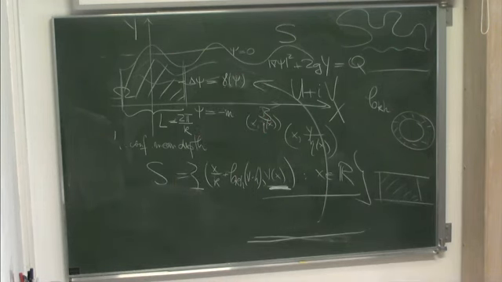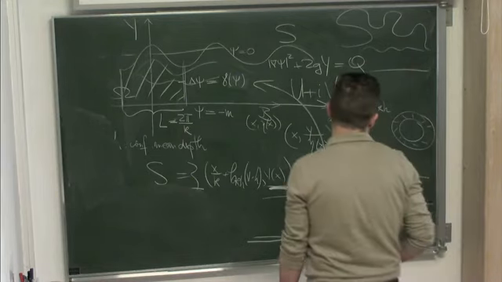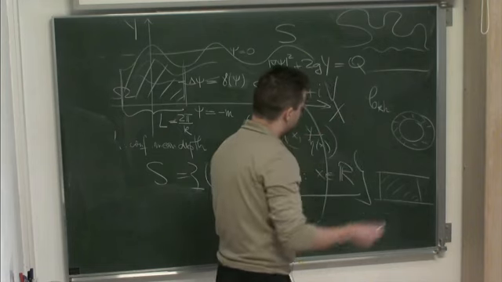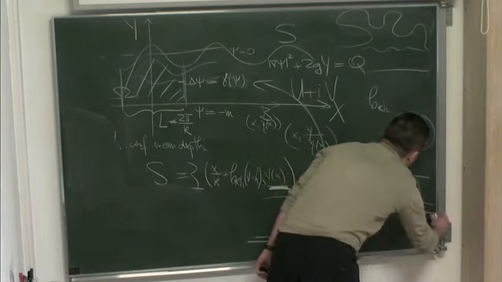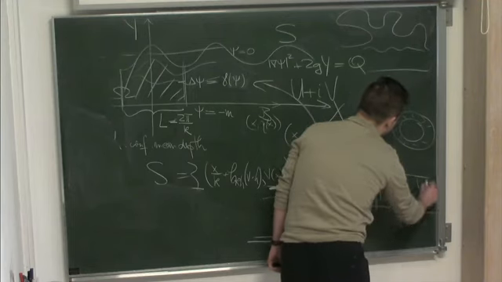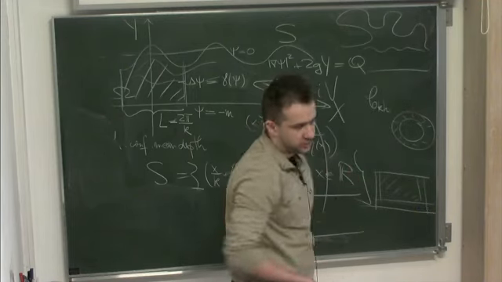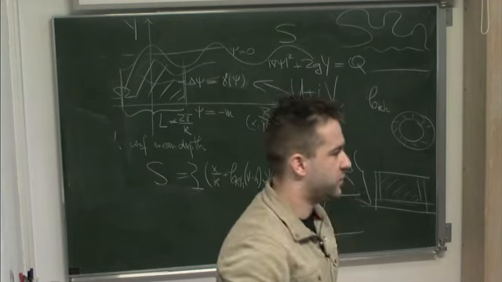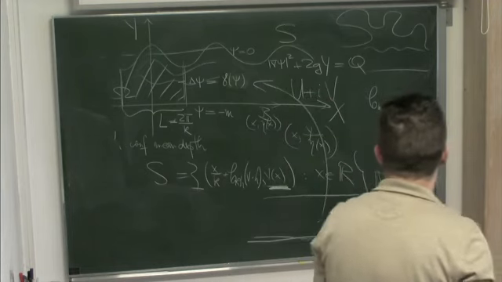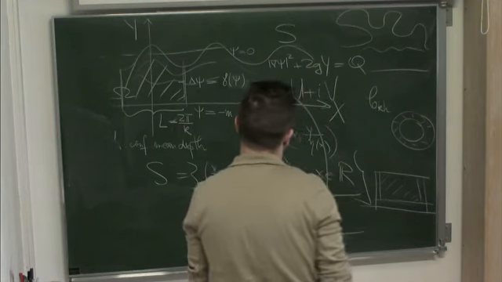But we have some freedom in choosing this strip, because we can always make a dilation, and we still get a new conformal mapping. So in order to normalize things,